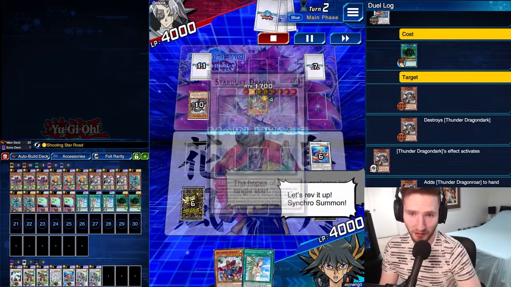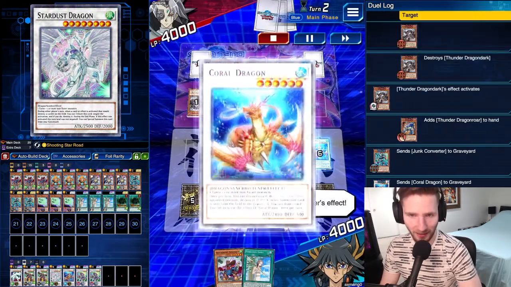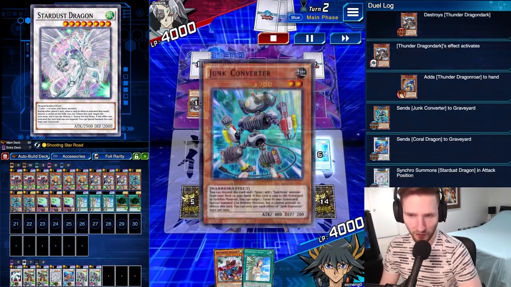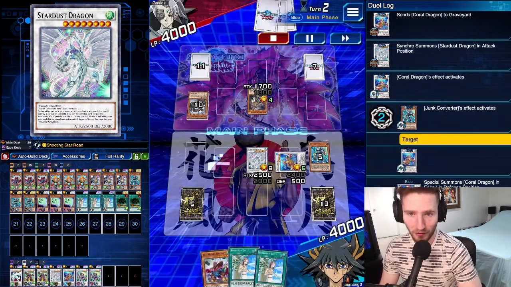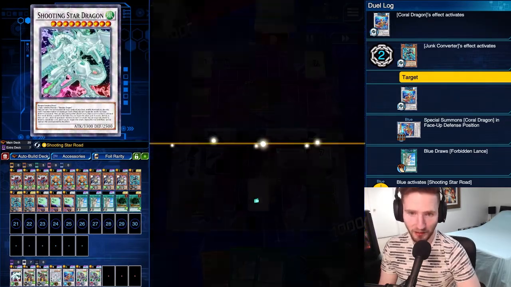We then Synchro Climb using the Converter on the field, so we go and make ourselves a Stardust Dragon. Coral Dragon is going to allow us to draw when sent from the field to the graveyard. Meanwhile, the Converter is going to allow us to special summon back that Coral Dragon. Shooting Star Road is going to allow us to make the Formula Synchron be existing as we Synchro Climb even